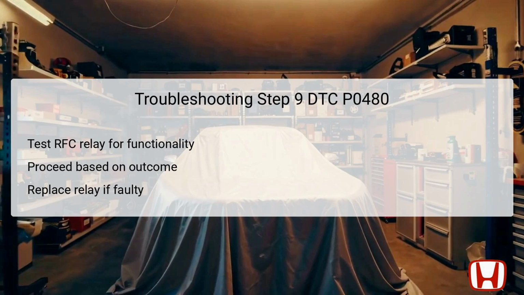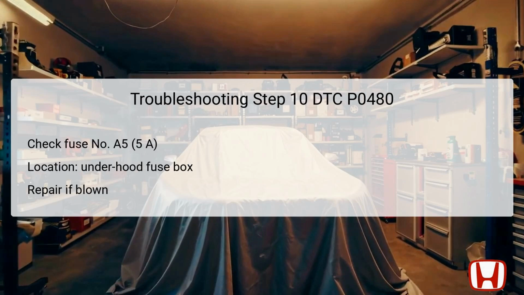However, in the event that the RFC relay is deemed faulty again, a replacement becomes necessary to ensure proper signaling and operation within the radiator fan control system. This is a crucial step as the relay's functionality directly influences the radiator fan's operation, and by extension, the engine cooling system. For the 10th step, the focus shifts to checking fuse number A5, rated at 5 amps, located in